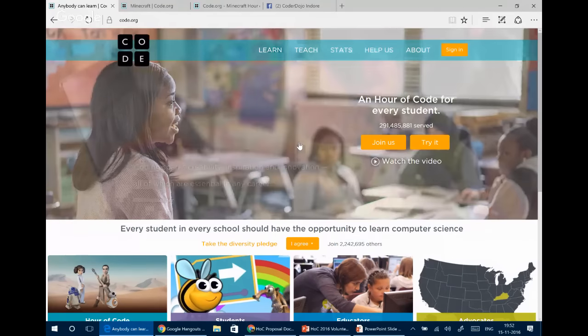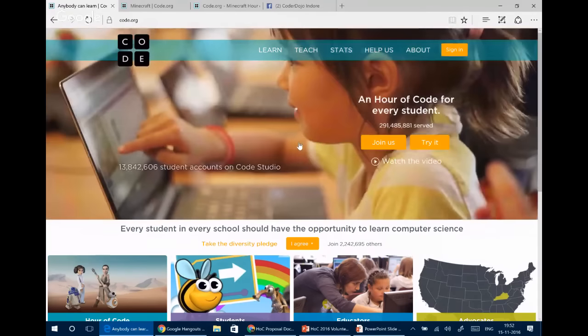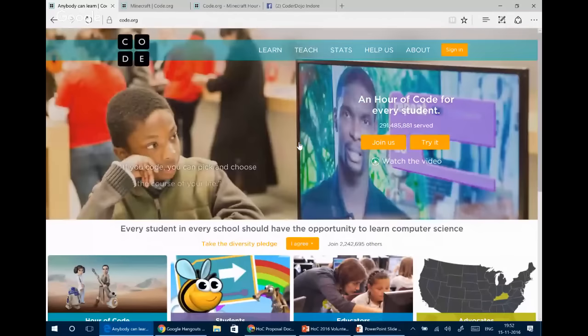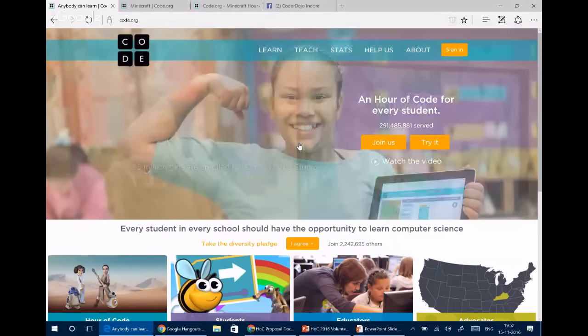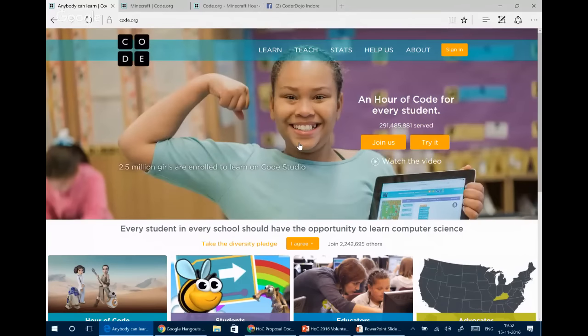So we'll be making sure that that event is visible to the world. Everyone in the world, if they go to code.org and try to check out all the events happening across the globe, should be able to see every single school that is participating because of us, right? We don't want the CoderDojo name to be up there, but yes, they should be aware that the event is happening in this school. So in case I miss it in future, I just wanted to brief you about it right now.